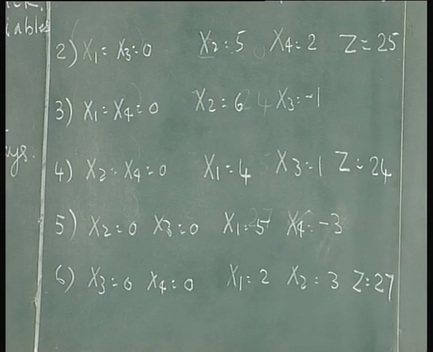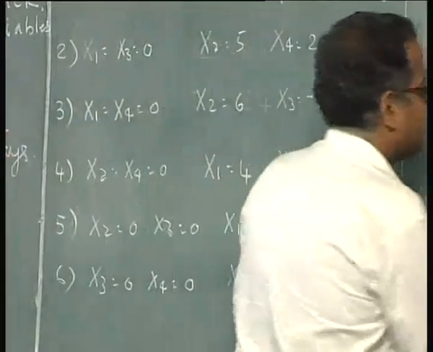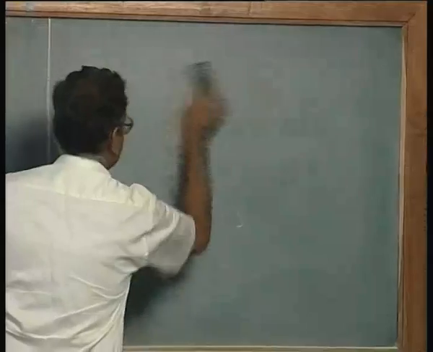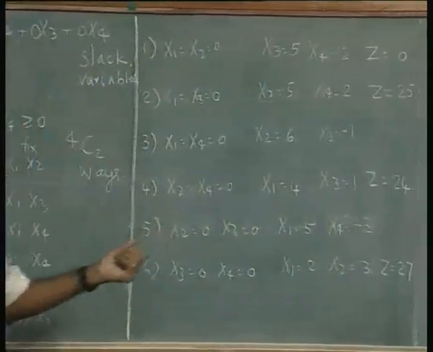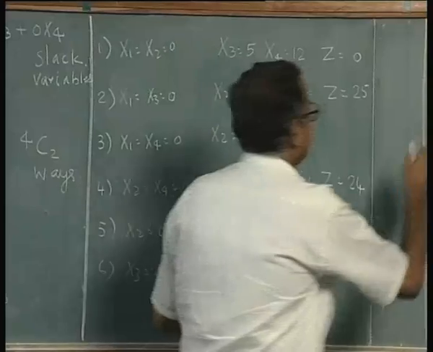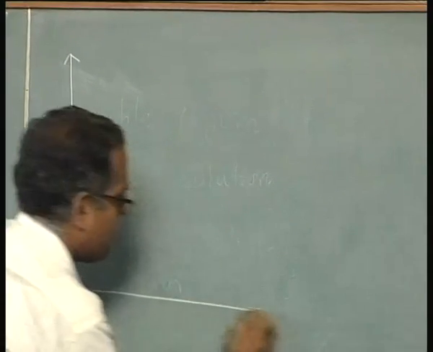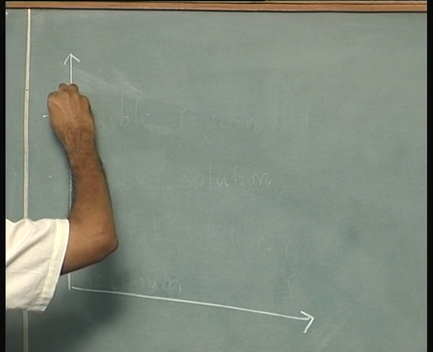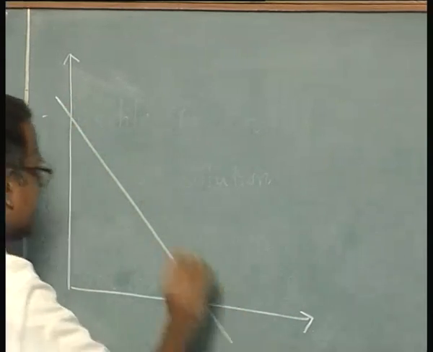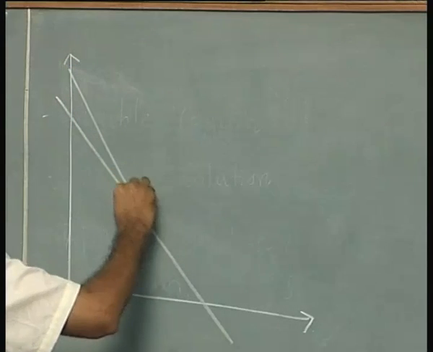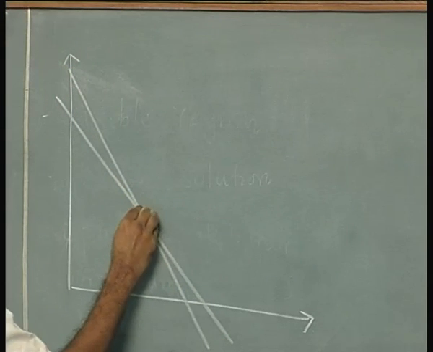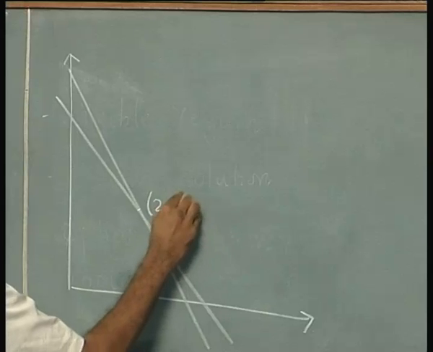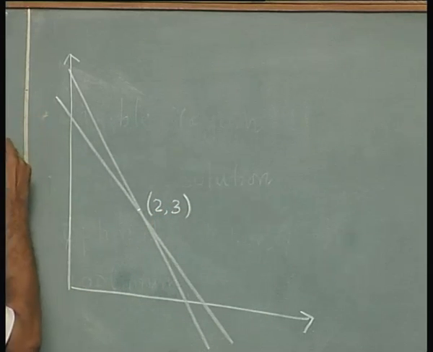Now, we have solved all the 6 problems and we have got this. We find something very interesting between these 6 solutions and the solutions that we obtained using the graphical method. If we quickly go back to the graphical method and try to draw the graph again, we had something like this. We had one graph like this, and the other coming something like this. So, let us assume this is 2 comma 3,